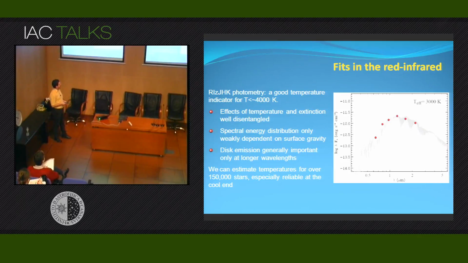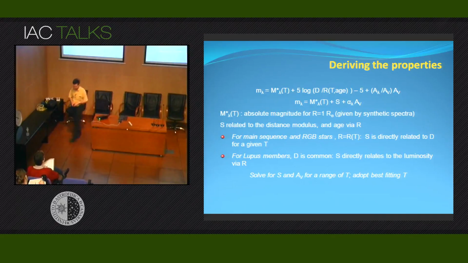Of course, cool objects exist in star-forming regions, but also out of star-forming regions. We have red giants, we have AGB stars, we have main sequence K and M stars, which have temperatures in the same range. And in addition, the effects of gravity that distinguish these objects are relatively mild in the colors. So we can get a good fit to the spectral energy distribution of an object in this range of temperatures, regardless of whether it is a young stellar object, if it is a main sequence star, or if it is a red giant. We need something else, and that else is given, in the case that I'm going to describe,